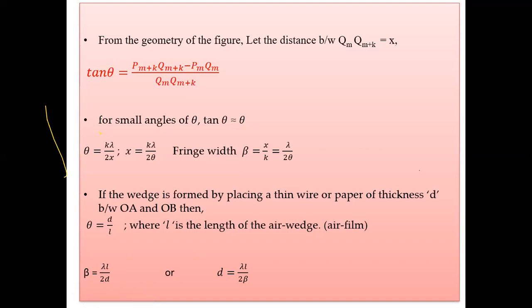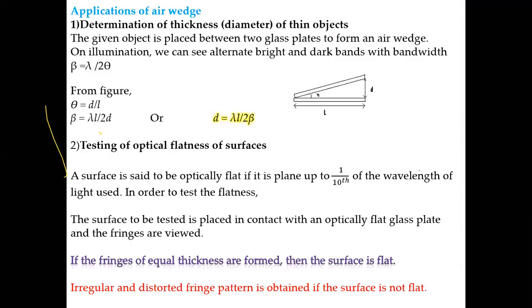This is a standard derivation which will be asked for 8 marks, with, of course, a couple of applications. If asked alone, it is eligible for 6 marks. On the 2 mark question, it can be to derive an expression for the fringe width beta in an air wedge. Or the question could be: discuss the theory of interference of light at an air wedge. It's a standard question. So from this, let us look into the applications of an air wedge.